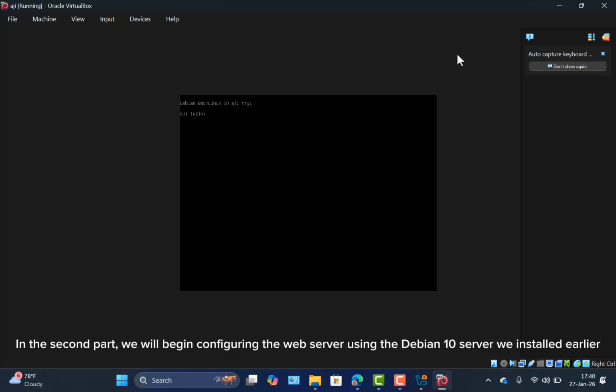In the second part, we will begin configuring the web server using the Debian 10 server we installed earlier.